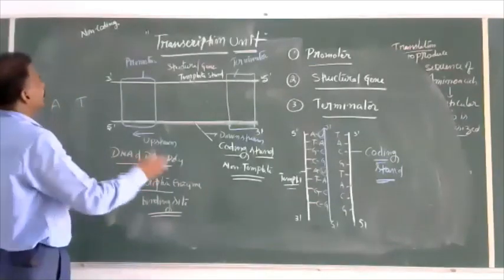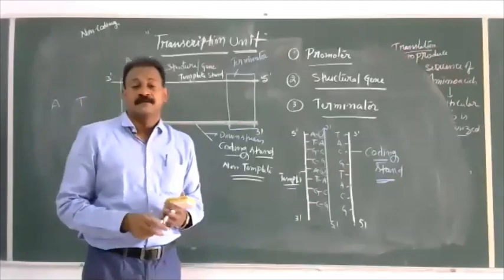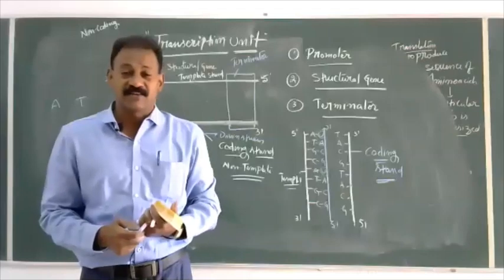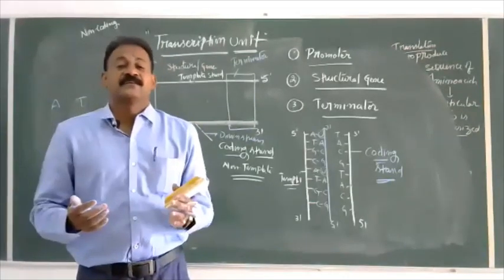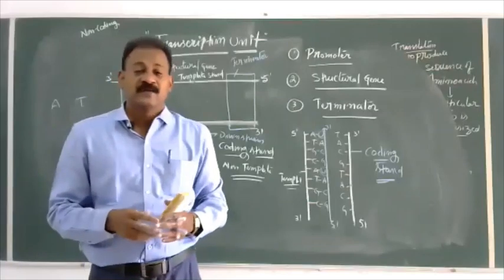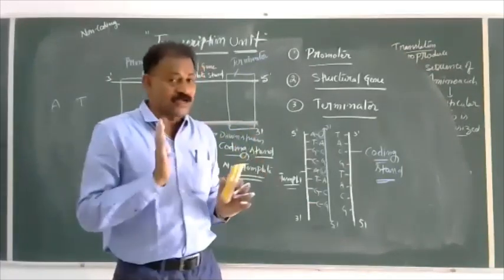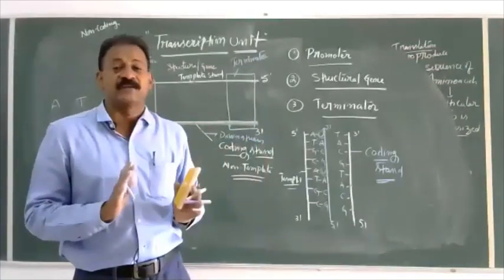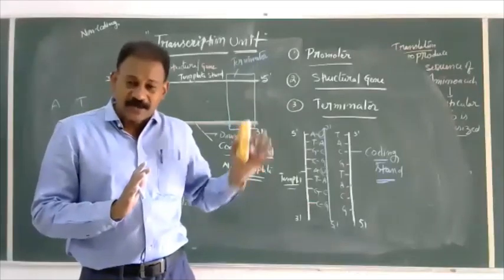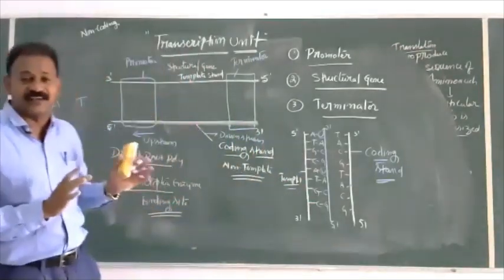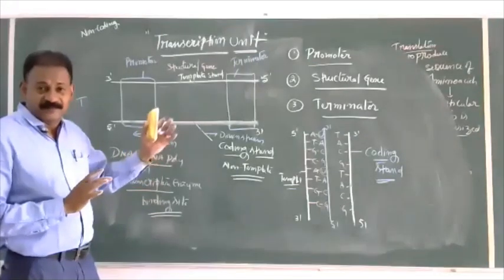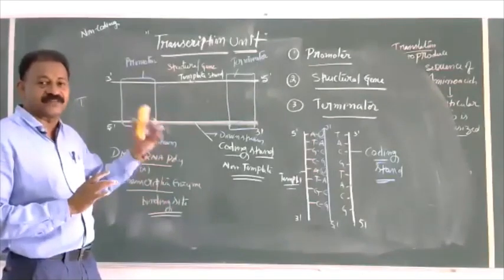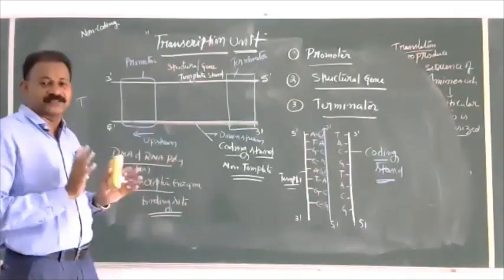So my dear students, in the coming lessons, we'll watch transcription: what is a gene, what is monocistronic, what is polycistronic, what are the new forms of genes, how many types of RNA molecules there are. So these 2 concepts, from the experimental proof of DNA replication, the Meselson-Stahl experiment. After that, DNA replication, enzymes and machinery of DNA. After that, the process of transcription, the concepts of transcription. After that, the transcription unit are compulsory. All the best.